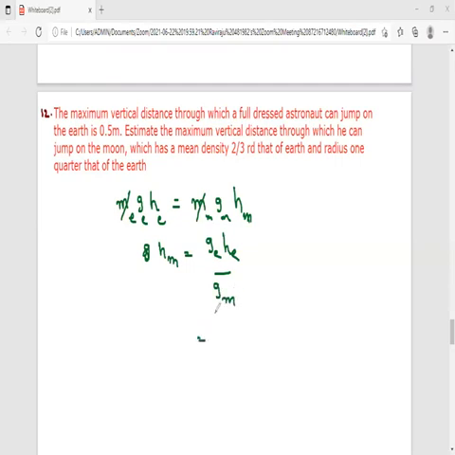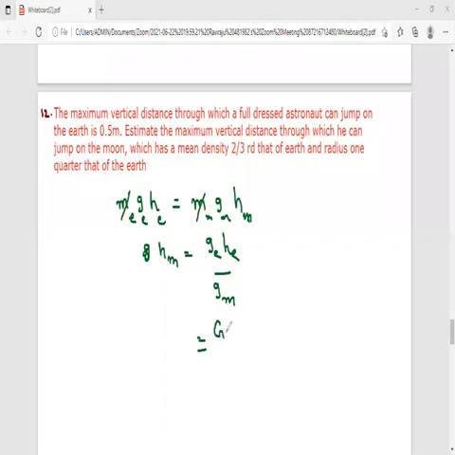Now, here direct values were not given for gravity. You know that the acceleration due to gravity on Earth is 9.8, and on the Moon it is 1/6 of that. But directly we cannot substitute that because some other information was given. So you have to convert g in terms of density and radius. What is the formula for small g? That is capital G M by r square.